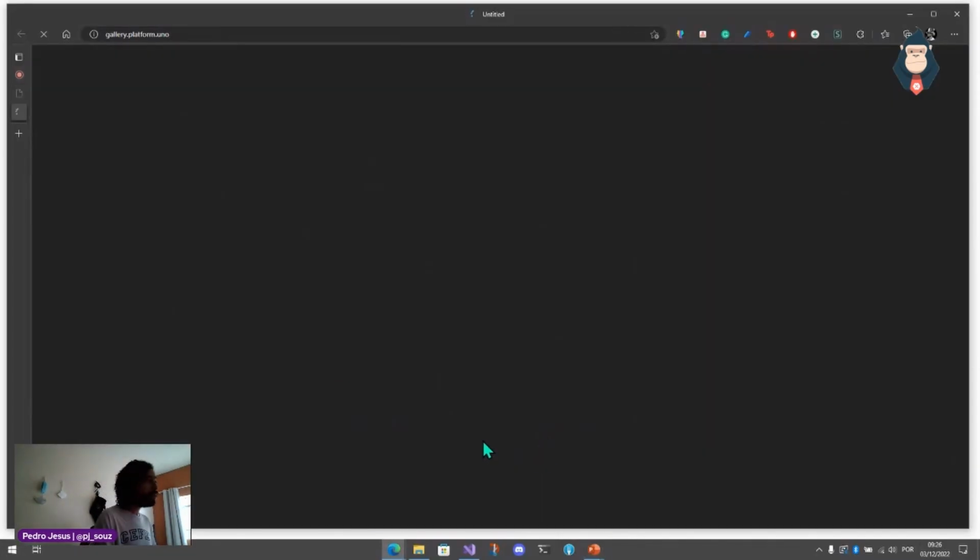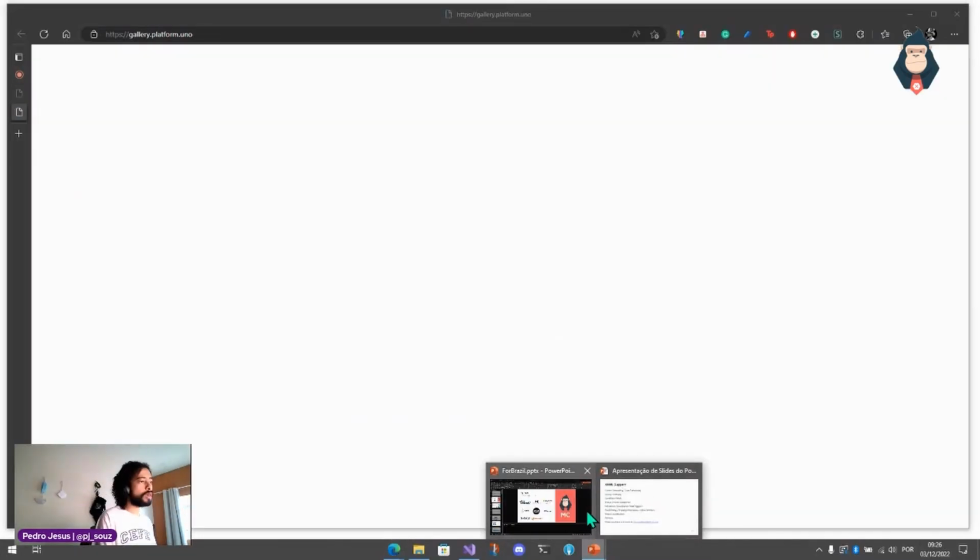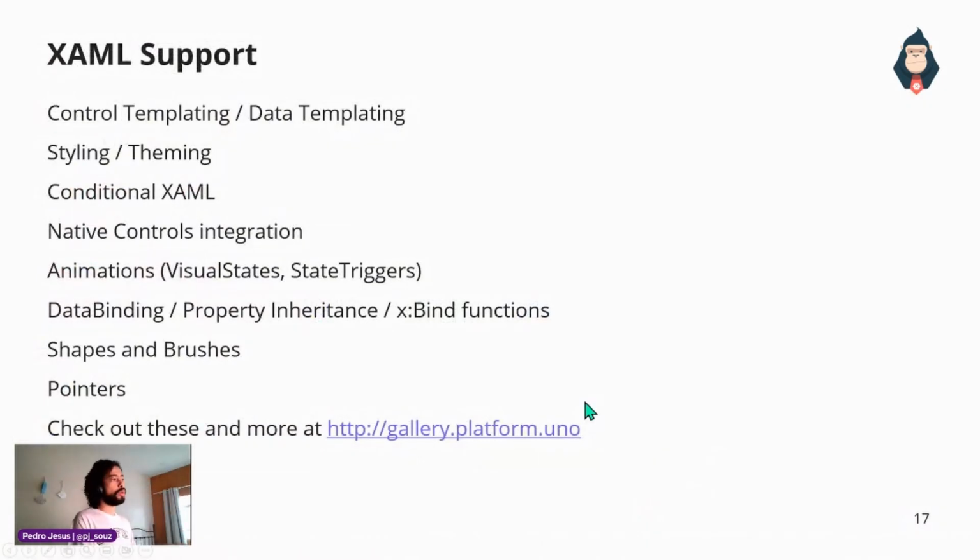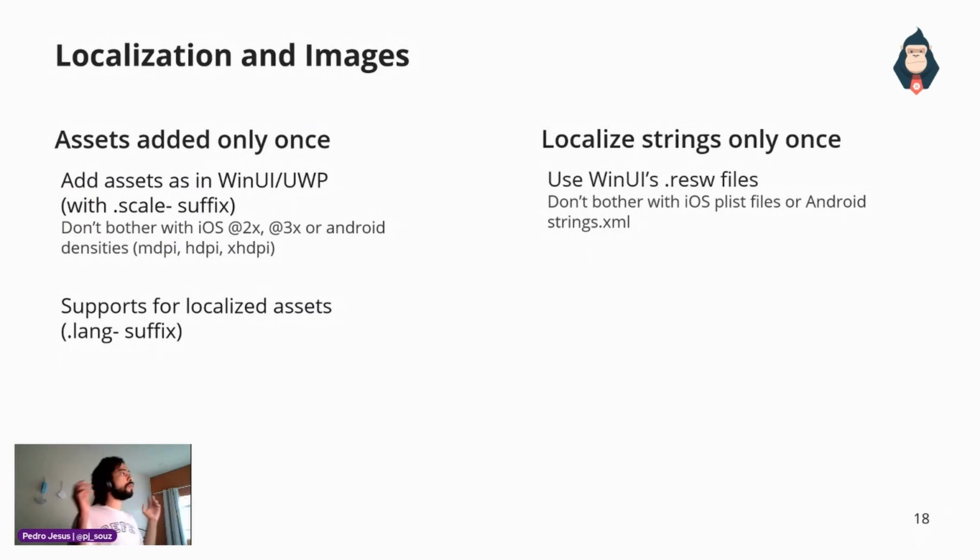So I will open this here and let it load while I keep going with the presentation, but we will take a look at this gallery application, where we can see a lot of controls and theming on the Uno controls. Also, localization and images: you don't need to care about putting the images for each platform. You can just put them in the shared project, and we have MSBuild tasks that will take care of that for you. You just need to use the Windows way of adding images, so that scale thing,